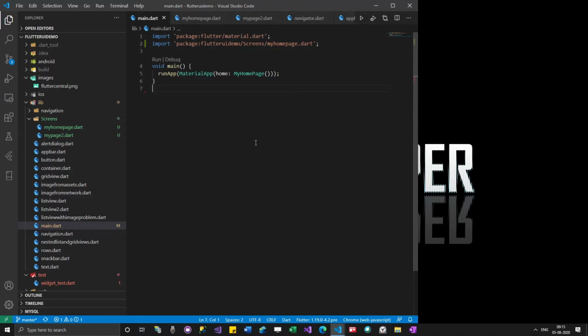So far we haven't tried any modular code. This is the first time we are doing it, and it's very easy. It's not very difficult. You can always have your own choice of making folders.